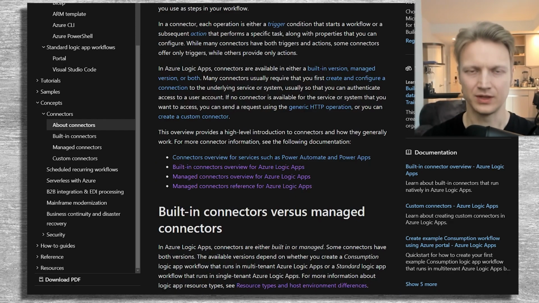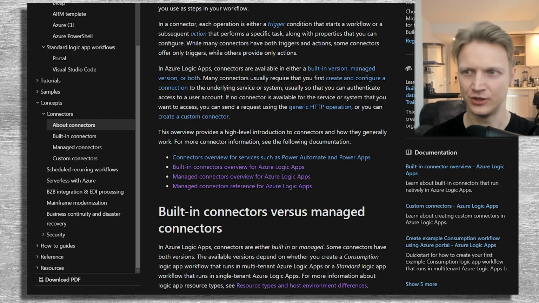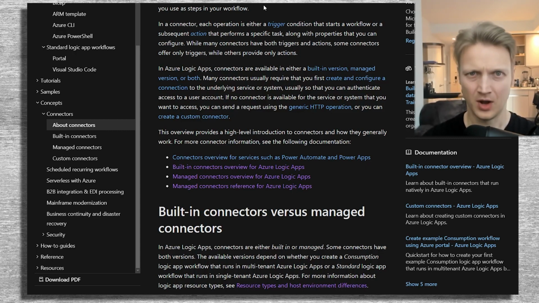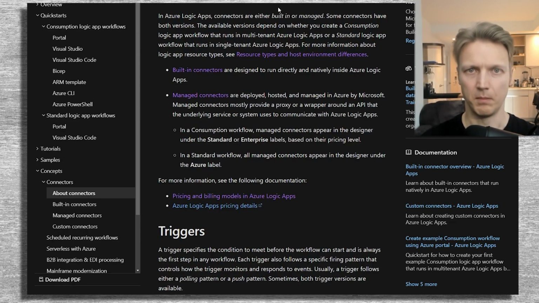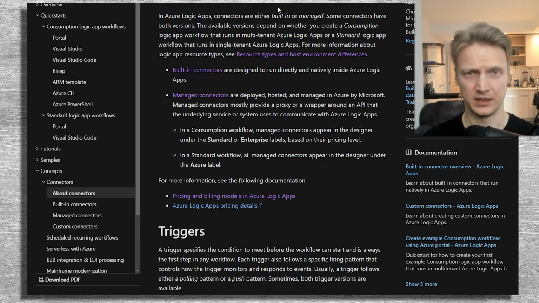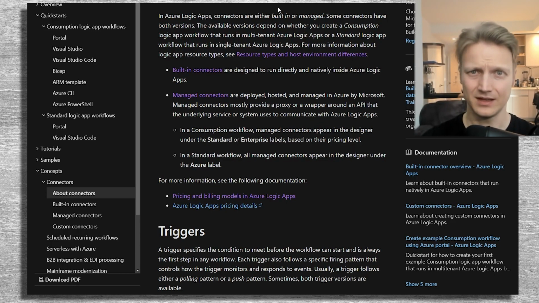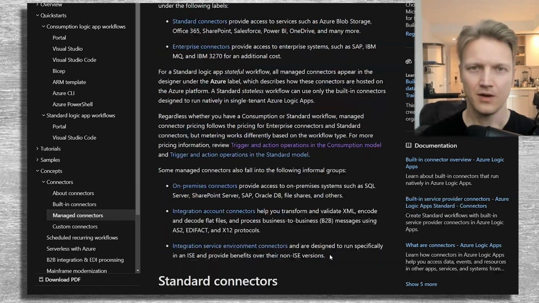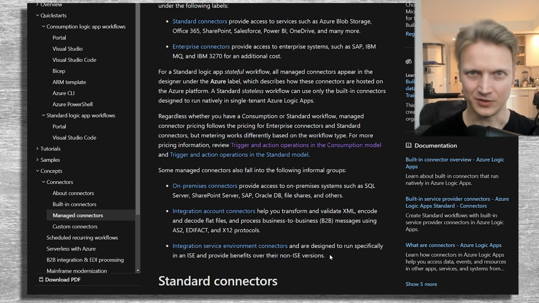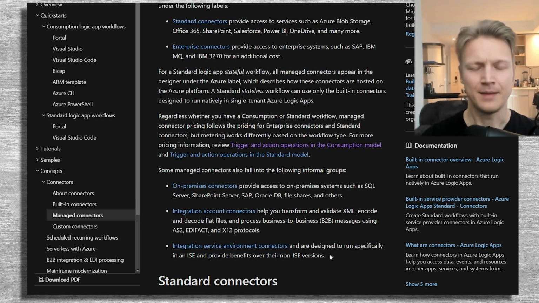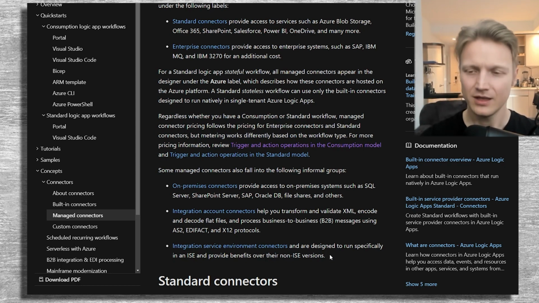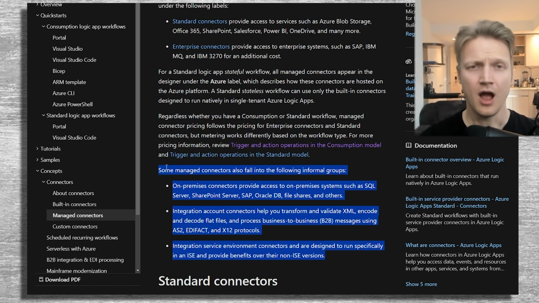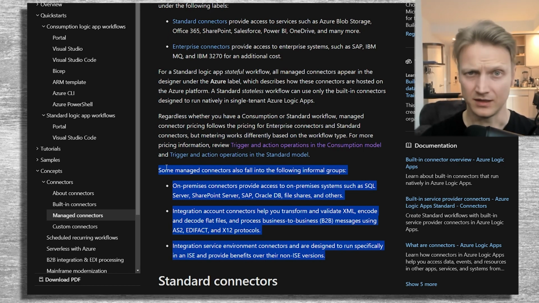With a connector, you can perform an external action in the underlying system, service, or platform, or trigger your workflow in response to a certain event there. There is a so-called built-in version and a managed version, where the built-in version is available natively without you needing to keep in mind that it's hosted somewhere and you're paying money for it. While a managed connector is likely to be your second choice, sometimes you're going to have to use it anyway, just for the sake of certain integration options available for it, or simply due to the lack of a built-in version available